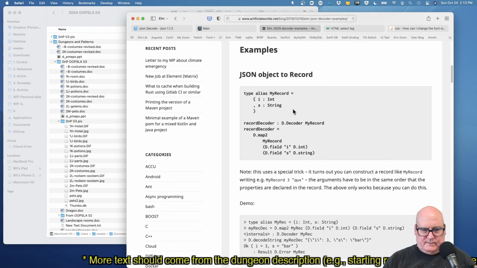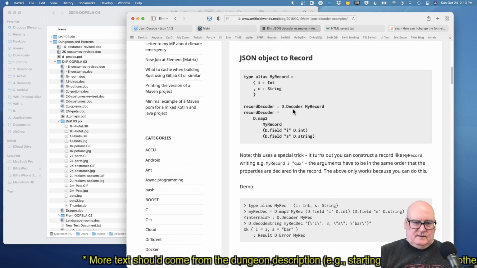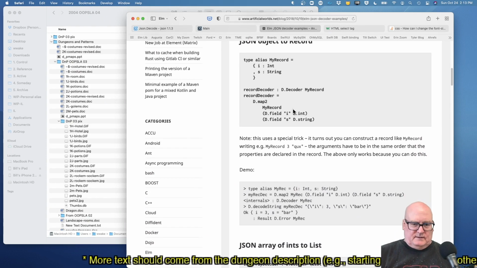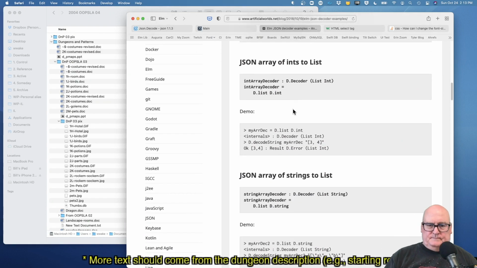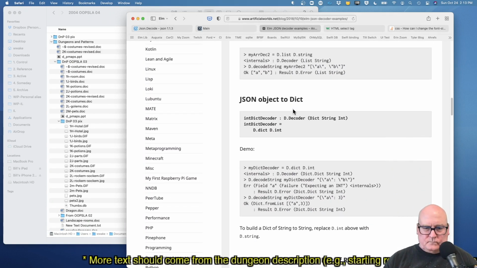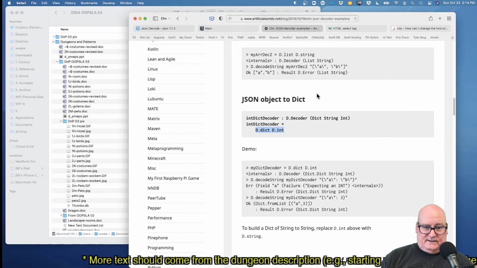Or what's his type? Object to record. Like, why doesn't he have to mention string? That's string to string. Place D above with D.string. Decode int. Well, let's see.